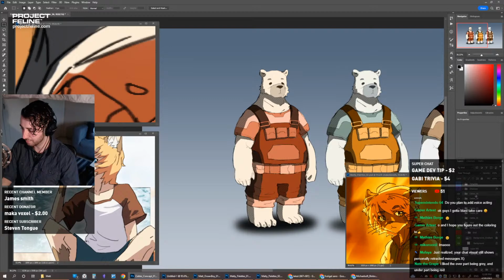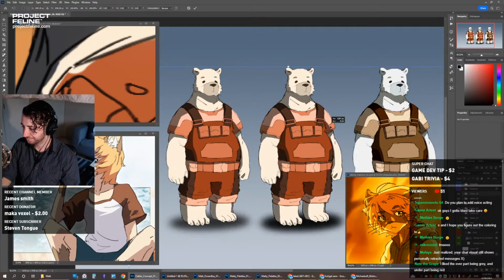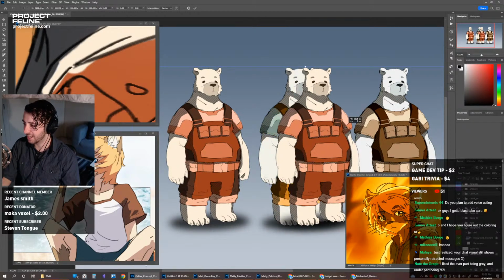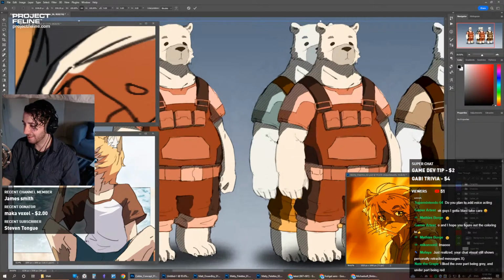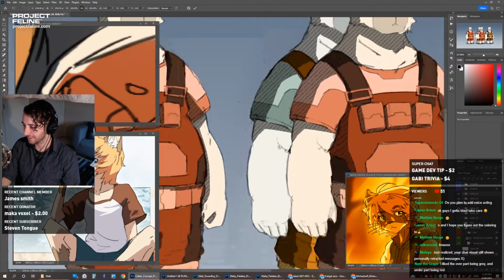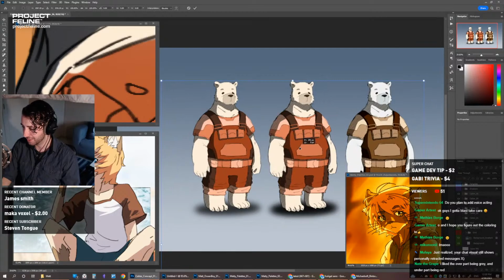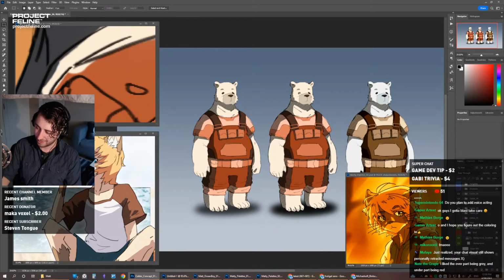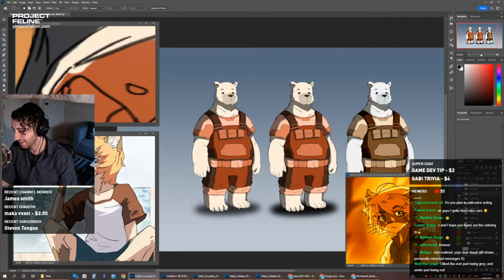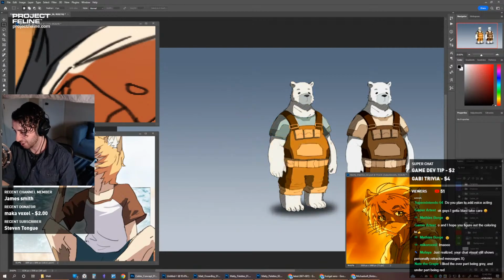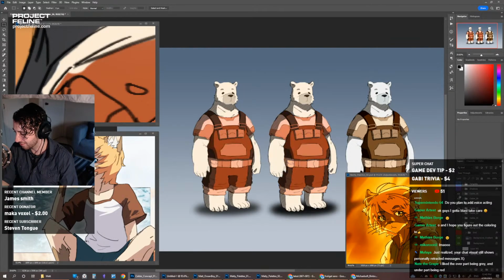Let me group. I'm just going to move this. But you see how the fur color changes? He's got slightly green fur in one of them and slightly red fur. I know it's probably a small difference, but if this red version had green fur, it would look off. You wouldn't be able to explain why, but you would know it looks off because the color is wrong. Even though it looks white, it isn't actually white. It's an off-white. Or is that what it's called? I don't know if that's what it's called, but it's not white. It's slightly not white.